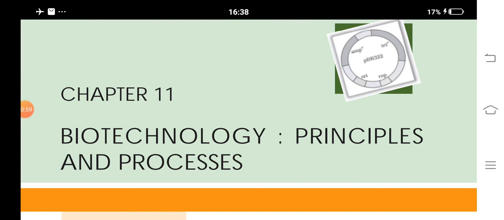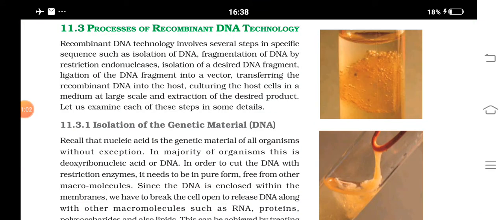Okay, so let's study. As we know, DNA is situated inside where? Inside the nucleus, isn't it? In the chromosomes, you can see the DNA. So, it is protected by many membranes, isn't it? Like plasma membrane is there, nuclear membrane is there. So, all this membrane has to be removed. Then other compounds like proteins will be there, RNAs will be there. So all this has to be removed. So this is done with the help of isolation of DNA.